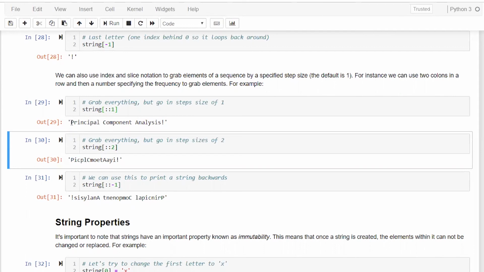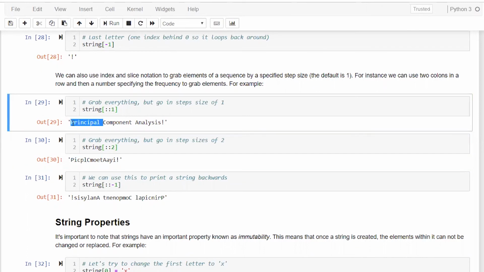Basically, when I specify two, it's asking me to take the first character, and then pick all the alternate characters which come in the sequence. So it picks P, then I, then C, P, then L, then you have C. See, we moved across the space here.